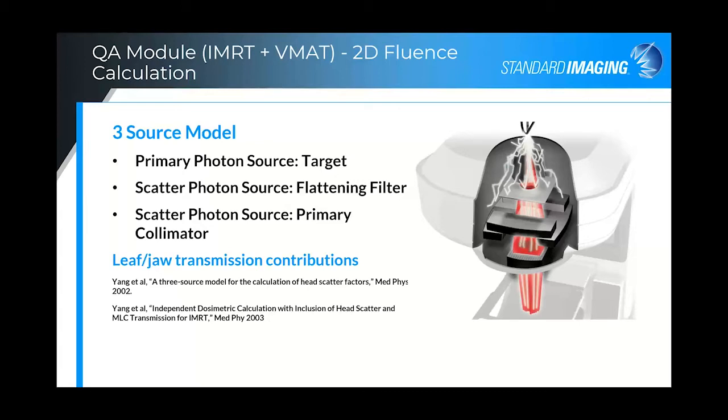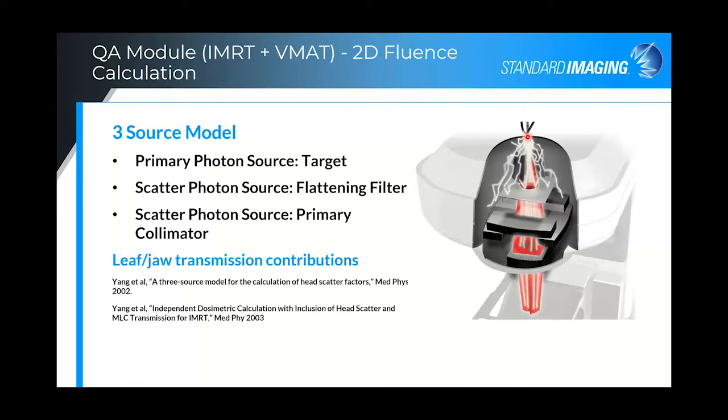The QA module is next and is geared toward plans with increased scatter contributions. One can review the 2D fluence maps along with dose points in this module. A three-source model developed by Yang et al. from Stanford is used. This model consists of a primary point source positioned at the geometric position of the LINAC target, so around in this area in the diagram,